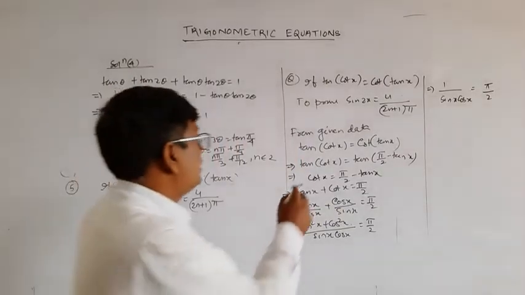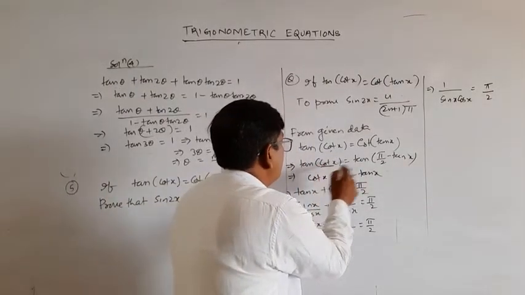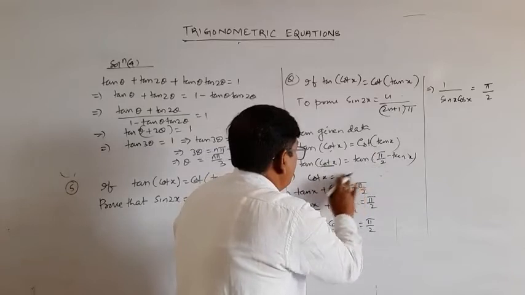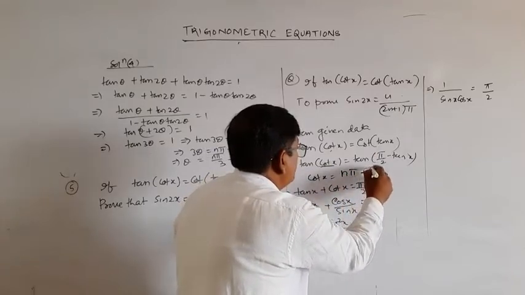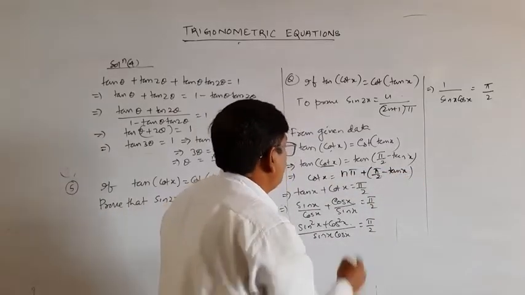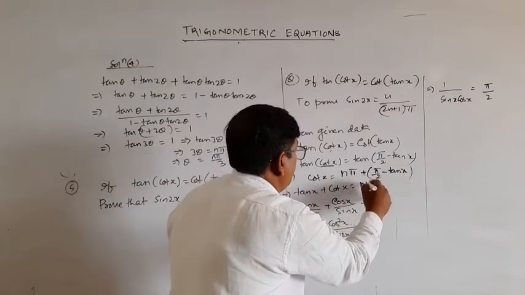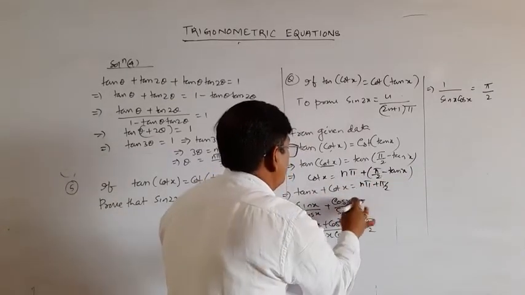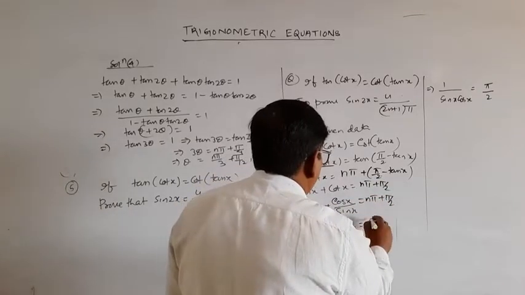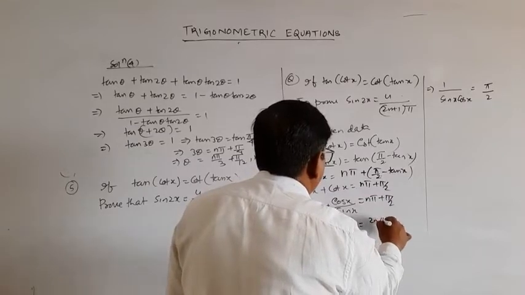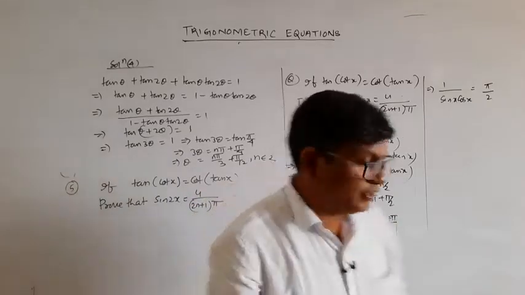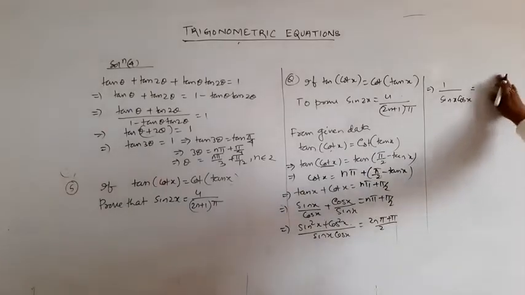Here tan x is equal to tan alpha, so cot x is equal to n pi plus pi by 2 minus tan x. So this is n pi plus pi by 2 that is tan x plus cot x. Here n pi plus pi by 2, so take pi by 2 common, that is 2n pi plus pi by 2. So that is 1 by sin x into cos x is equal to,